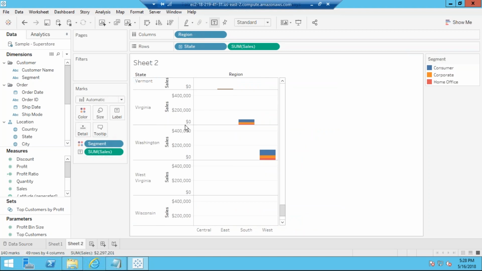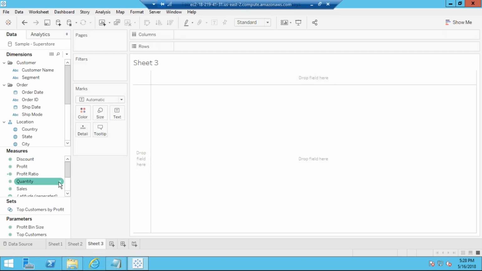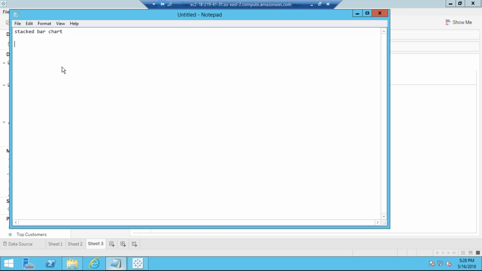So this is your one view. You want to see that like dual axis. Actually, what we call a dual axis chart is very important here. So that is called a dual axis chart.